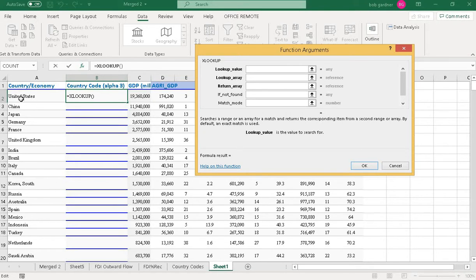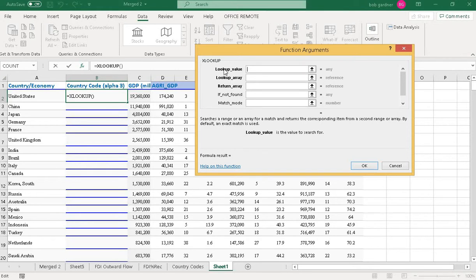In our case it will be United States, so I want to look up the country code of United States. Then I have to mention the lookup array, from where I want to pull this value. Then I'll put the return array, which in our case will be the country code, the value I want in this column.